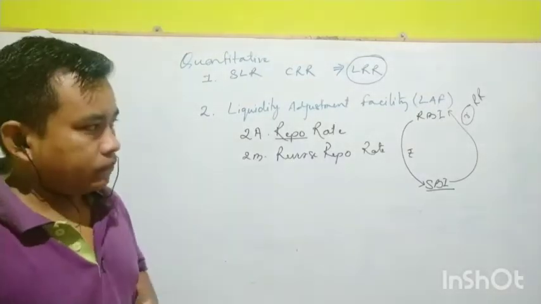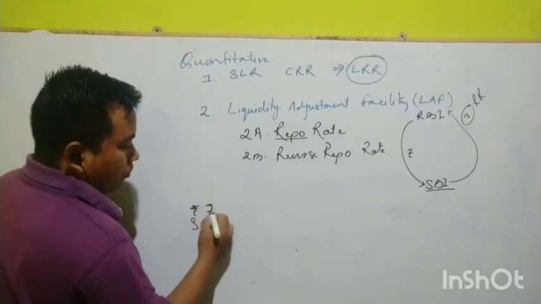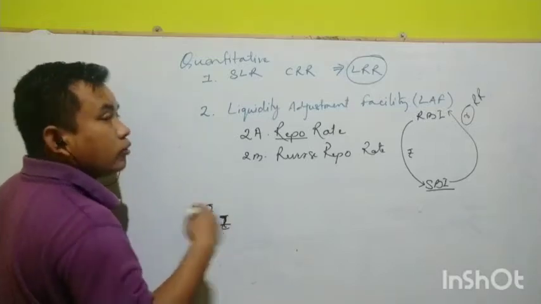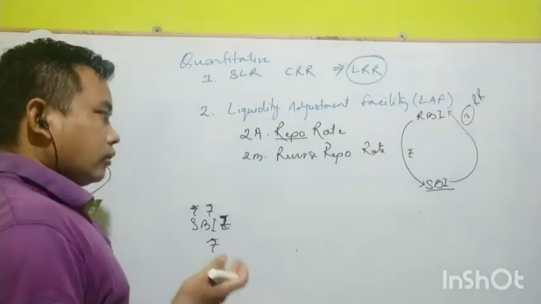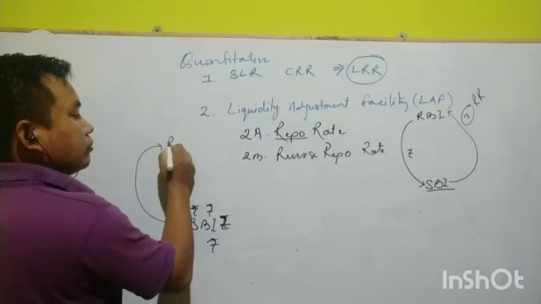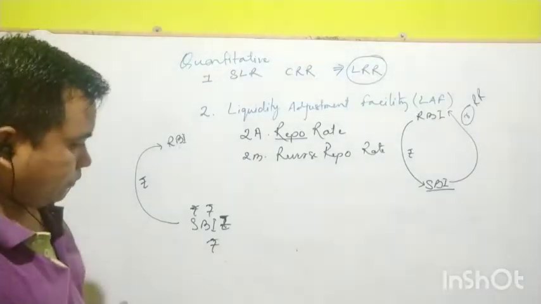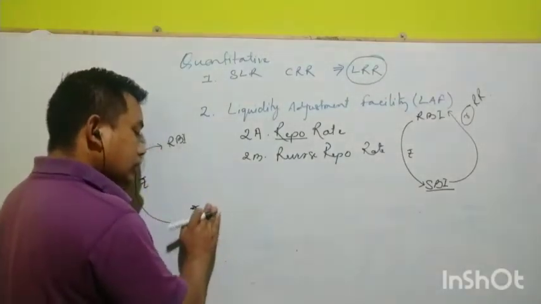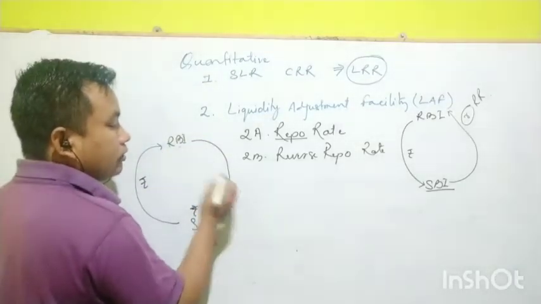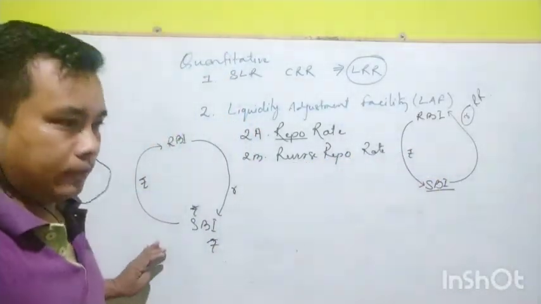You means the banks. Let's imagine that lots of extra money is with SBI, and provided they don't have any economic use for it, they will transfer this excess money to the Reserve Bank of India. When this excess money is transferred, RBI will pay interest. This is just the opposite of the repo rate.